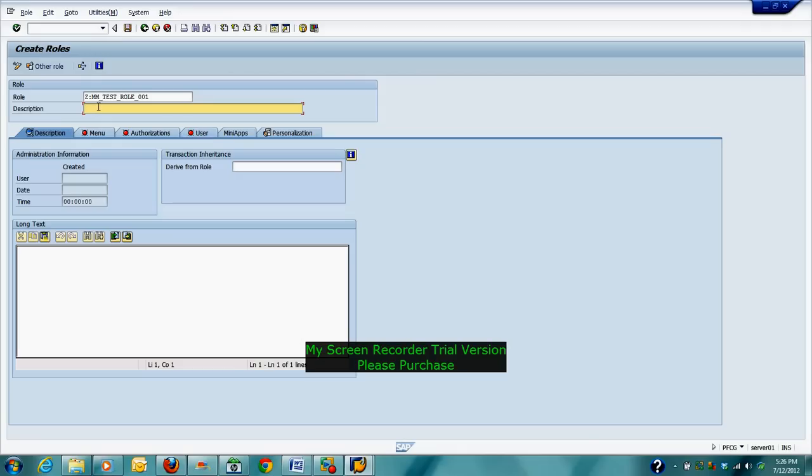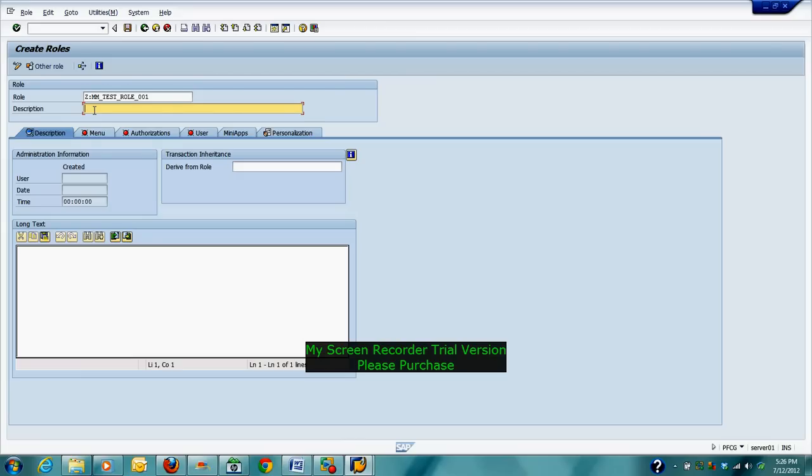So let's go to the description. Usually the description has been assigned in the master sheet from the business team. For example, this role is for material management. There's a module for material management, that's why I just picked material management. The team in material management have already decided that this is